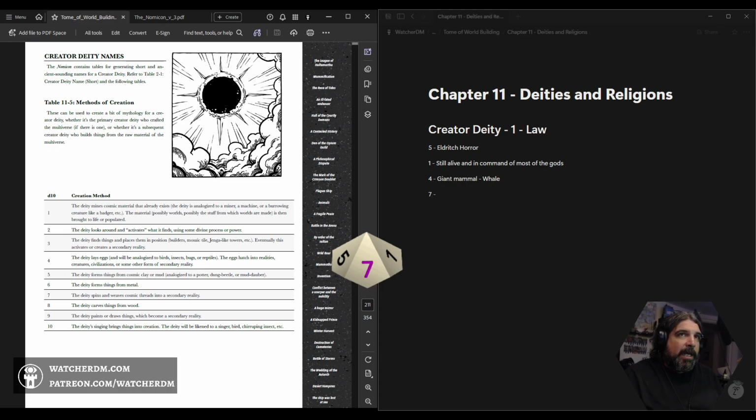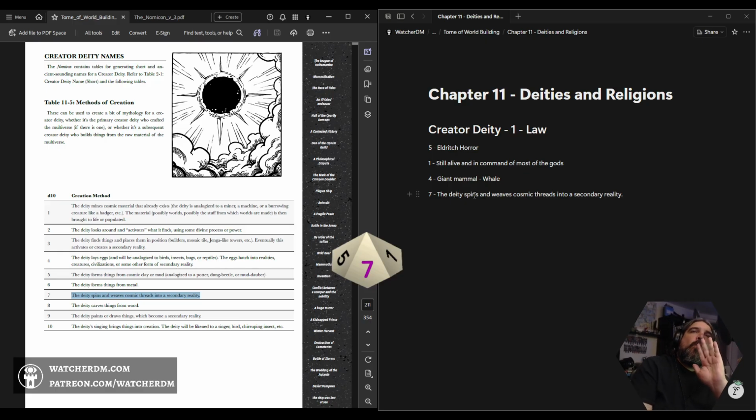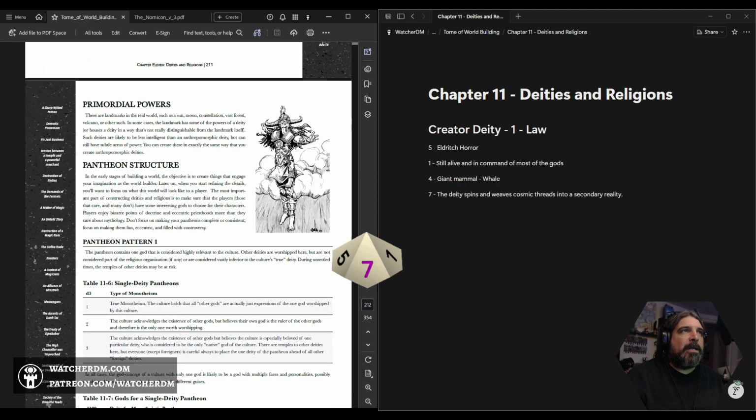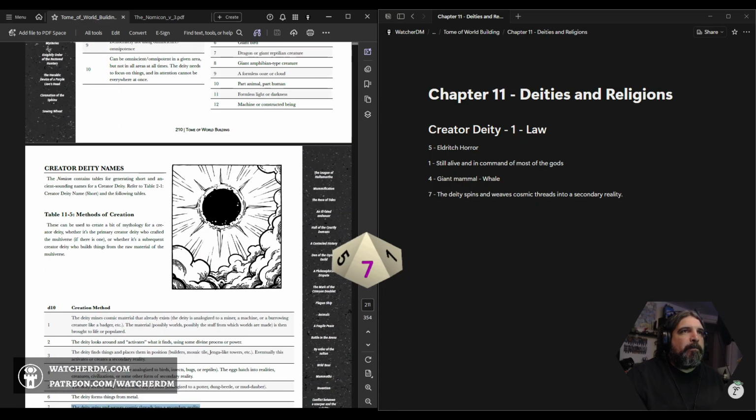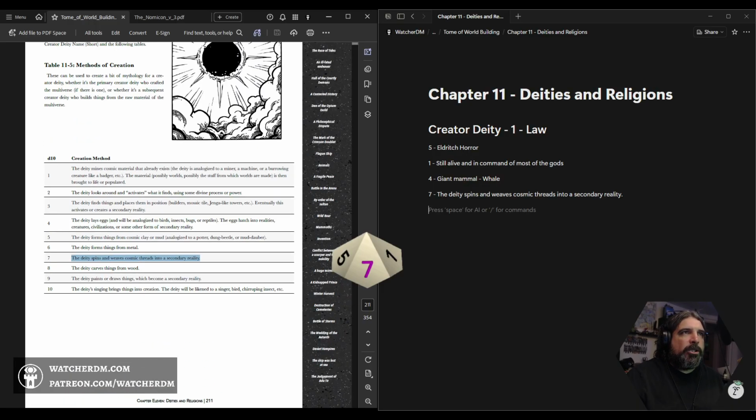So, you know, it's funny. I actually was messing around with this table before, and I got this same result. And I was talking to Alicia about it. I was like, oh, it'd be so cool if the deity was not spinning and weaving cosmic threads, but was caught in a cosmic fishing net, thrashing and creating a tangle in its motions, which I kind of love. I also wonder if that's how he controls the other gods, through almost like a puppeteering kind of manipulation as he thrashes. Cool stuff. So that's our creator deity, which we need to name.